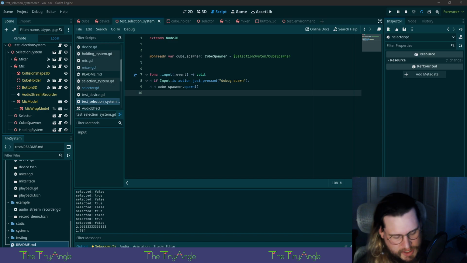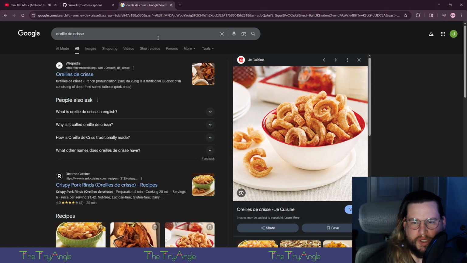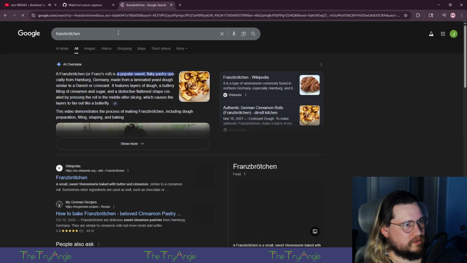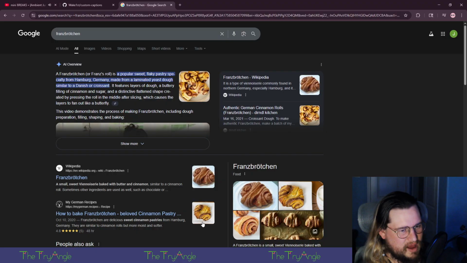All right, new words. Baked Franzbrötchen. Holy cow. Oh, that looks good. This is a cinnamon? Yeah. I was about to say, these look like little cinnamon rolls. That looks delicious.